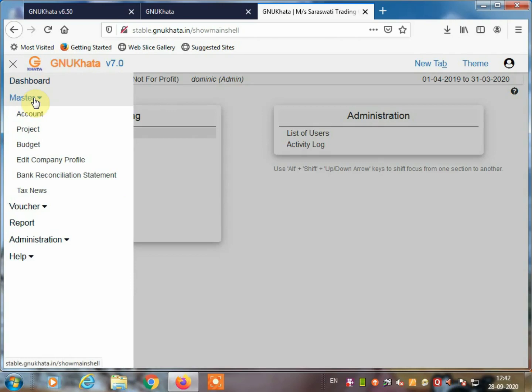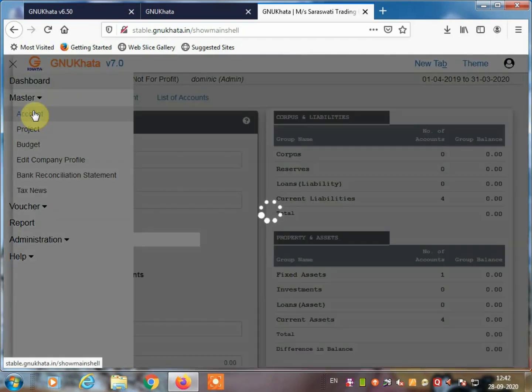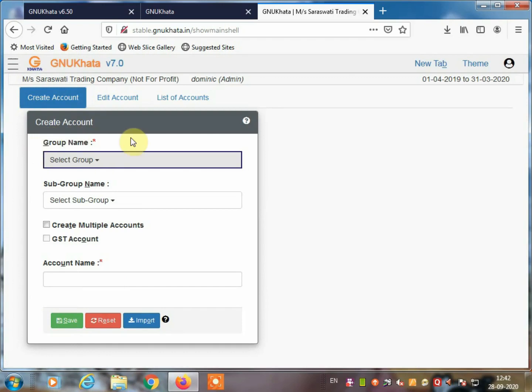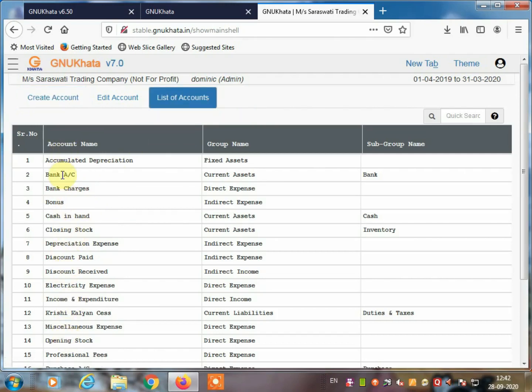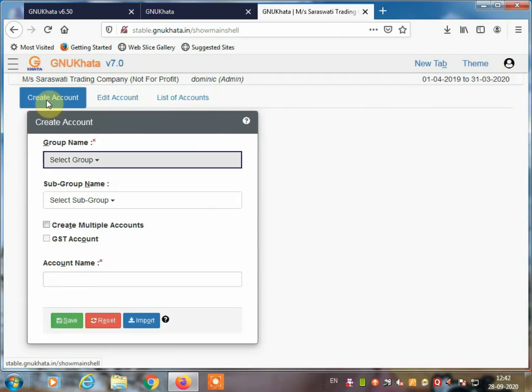Okay, so next go to Account. Here you can create an account. Which account are you going to create? The list of different accounts is given here, such as bank account. Now look at the journal entry given on page number 51. Messrs. Saroj started business with cash rupees 1,57,000. So here cash account is debited to capital account. Cash is there by default, so there is no need to create it. If you want to select the group, you can select it, otherwise no need.